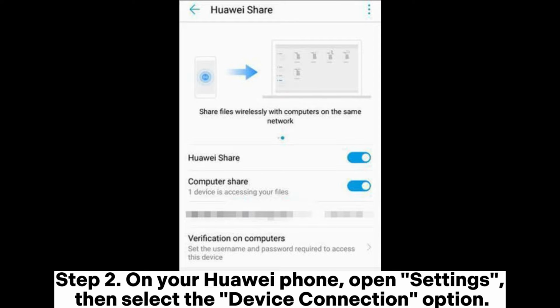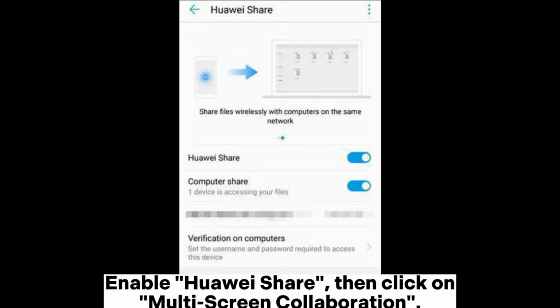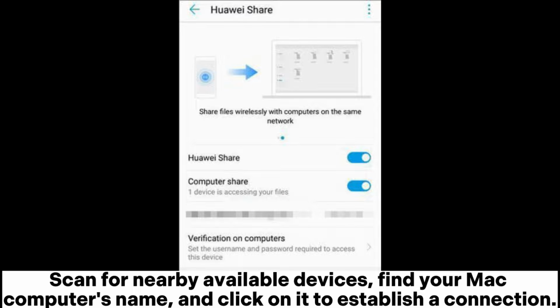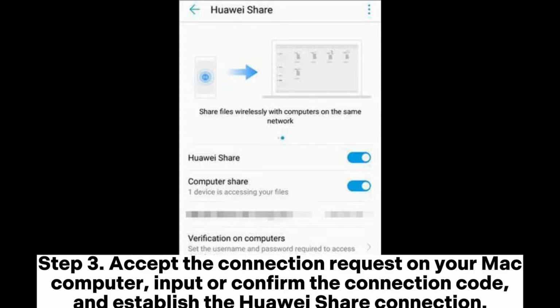Step 2. On your Huawei phone, open Settings, then select the Device Connection option. Enable Huawei Share, then click on Multi-Screen Collaboration. Scan for nearby available devices, find your Mac computer's name, and click on it to establish a connection. Step 3. Accept the connection request on your Mac computer, input or confirm the connection code, and establish the Huawei